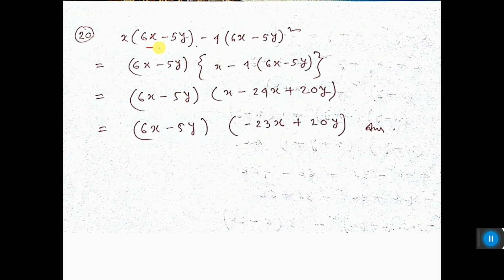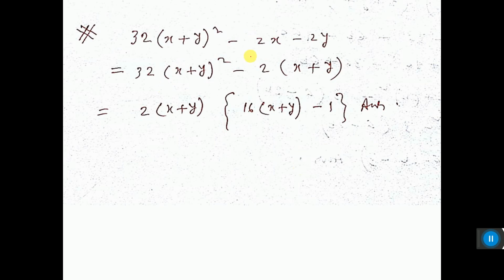And here you take 6x minus 5y common. Here 2 are there. So if you take one common, then another will be there. Here this x and 4 into 2, 6x minus 5y, one is taken, another is there. So multiply this 4 inside. And this minus into minus will be plus. And here opposite sign, we have to subtract. Plus and here minus, this plus and minus you have to subtract. Opposite sign, subtract. So 24 minus 1, that is 23. Sign of the greater number is minus, so you have to give minus here. That is the answer.